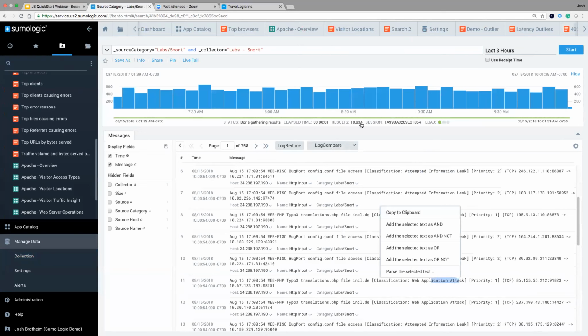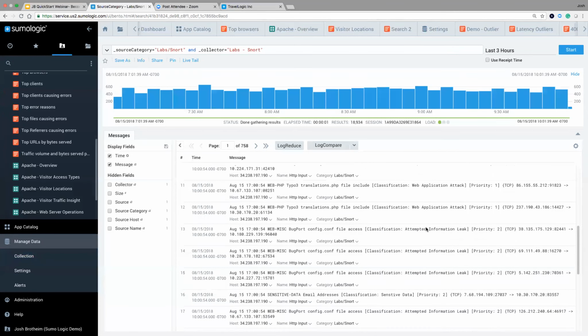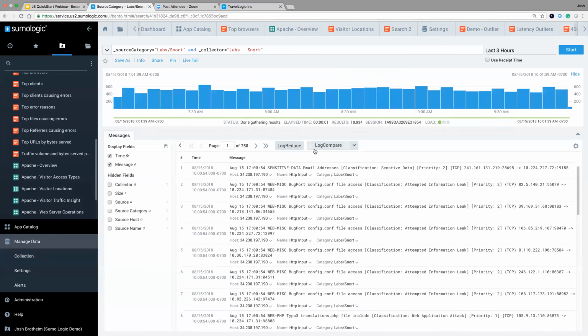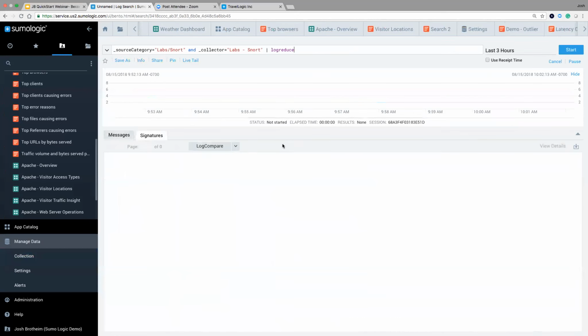And once again, we have about 19,000 messages, 750 pages of data, and we could certainly scroll through manually, but that's not going to be good for anybody. So what we can do is use that log reduce once again to look for those commonalities in those messages. So when I do so,